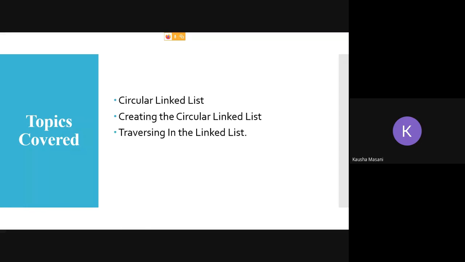The topics covered here are the circular linked list, how you can create your circular linked list, and traversing in your circular linked list. So let's see first what a circular linked list is.